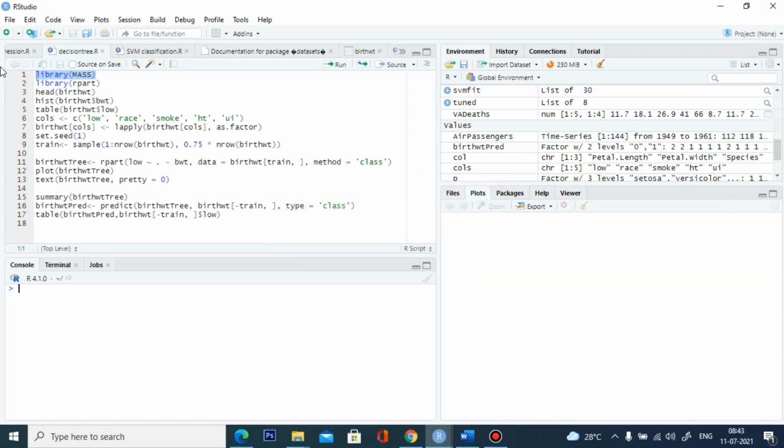First, I'm going to install the MASS library. If it is not there, you can easily go to the packages, type the name, and download it. Second, I'm going to install the library rpart. The rpart package has the basic functions for the decision tree. rpart is going to partition your data into two separate decisions.